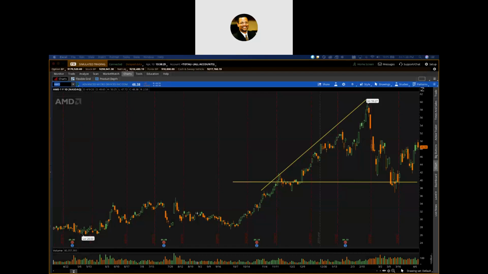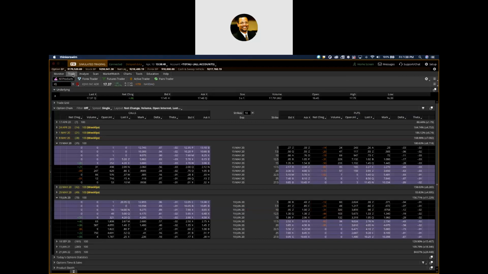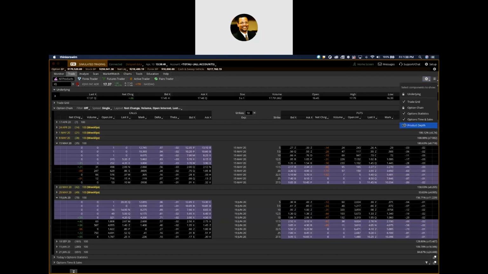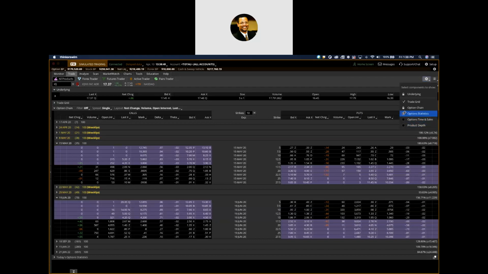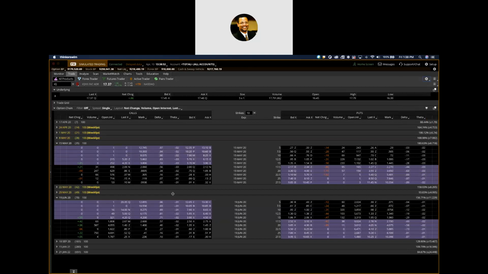All right, so I did step number 1, number 2, number 3. Now step number 4 is buy the stock. I want to buy a stock. So in my TD Ameritrade platform, I go to the trade tab. What I'm going to quickly do on my trade tab is turn off a bunch of stuff that I don't want to see right now, for the sake of simplicity. All right. So I go to the trade tab.